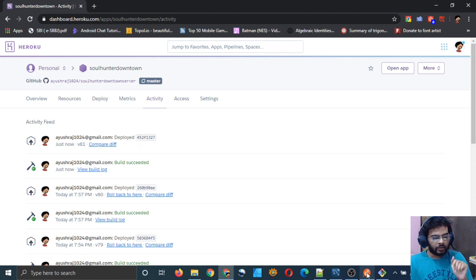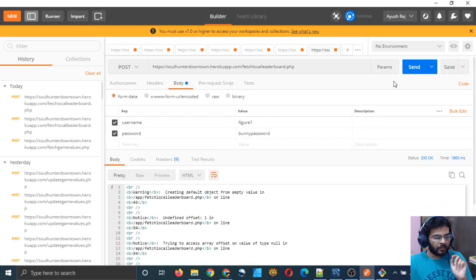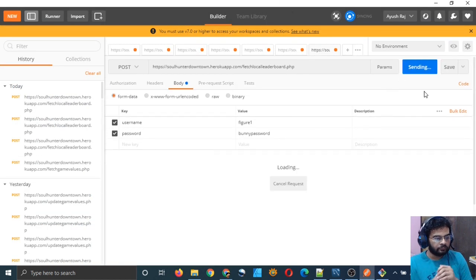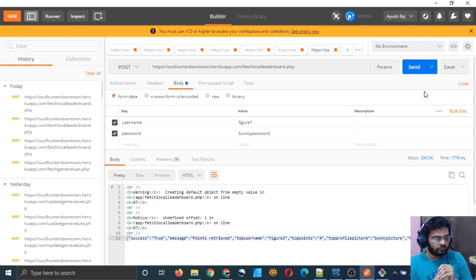So it has built, and again we will go to Postman and send. This time you can see that we have retrieved the same figure 3, and the points of figure 3 and his picture, and our top counter is 1, and we don't have a bottom counter at all, because there may be no one whose points are less than the points of figure 1.